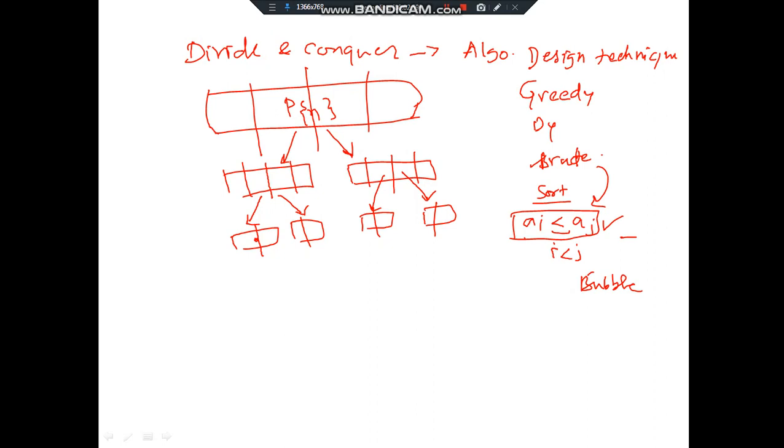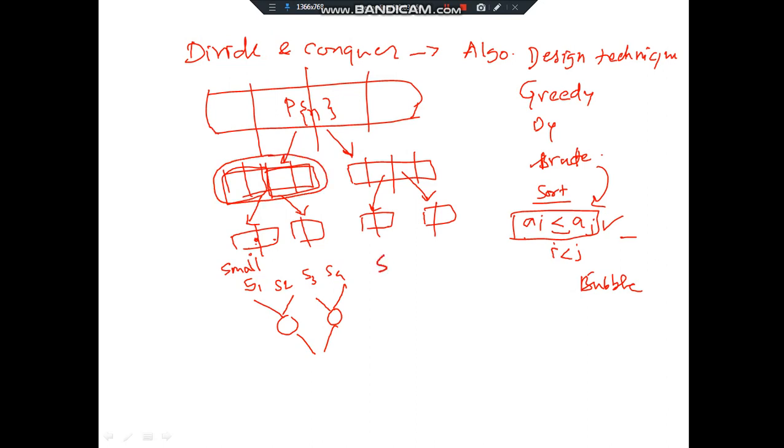Once you find that the problem is small, that is, it can be directly solved, you solve it and get the solution. Let us say this is the solution of 1, this is the solution of 2, solution of 3, solution of 4, and then we will combine these solutions. The way in which we have divided the problem into subproblems, in the same way we will combine the solutions of the subproblems. So 1 and 2 will be combined to get the solution of this part. Then 3 and 4 will be combined to get the solution of this part. Then these two solutions will be merged together to get the solution of this particular part.